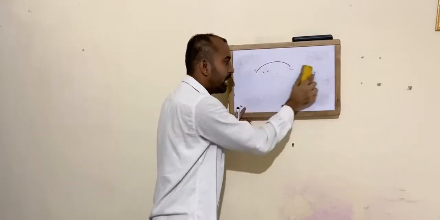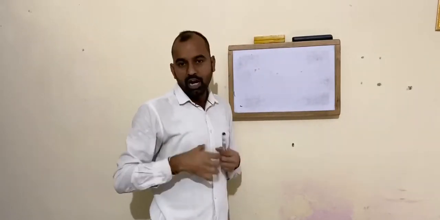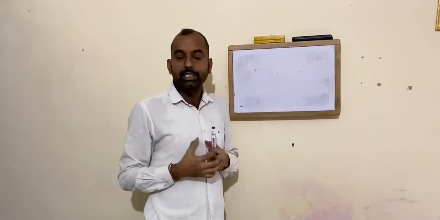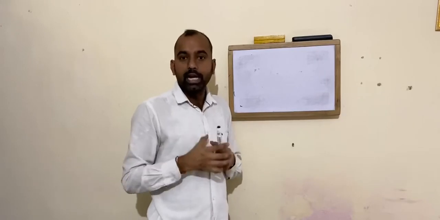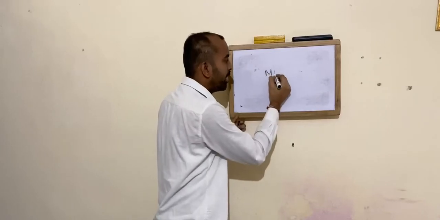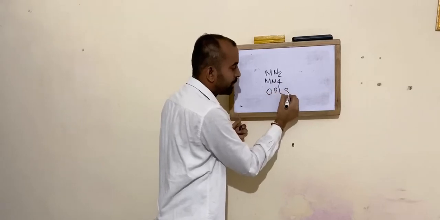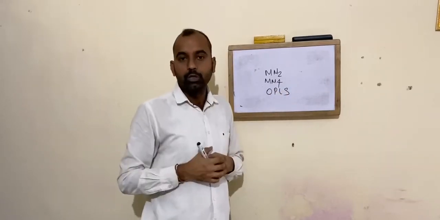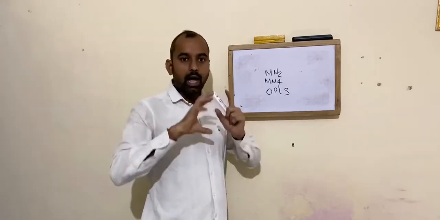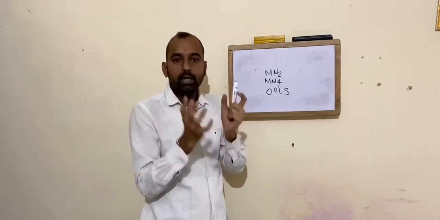Next is the ligand of your interest. Once you draw the ligands in two dimensions, you have to convert them into three-dimensional molecules. After converting, you need to minimize the energy of those ligands. How will you minimize the energy of the ligands? You do calculations called MM2 minimization, MM4 minimization, or OPLS minimization. These are all computational tools to minimize the energy of ligands, where the three-dimensional energy is minimized, because the ligand is flexible in docking.